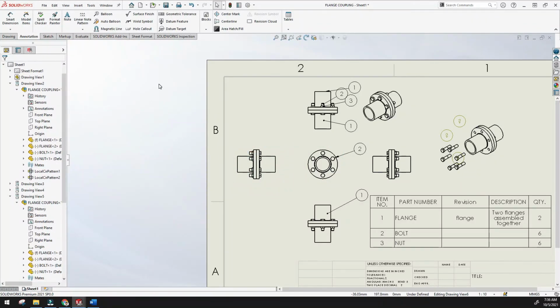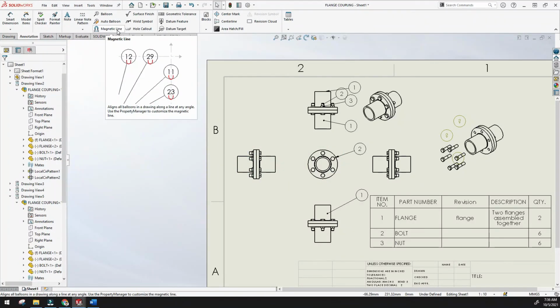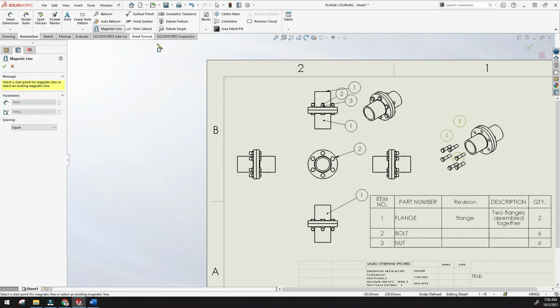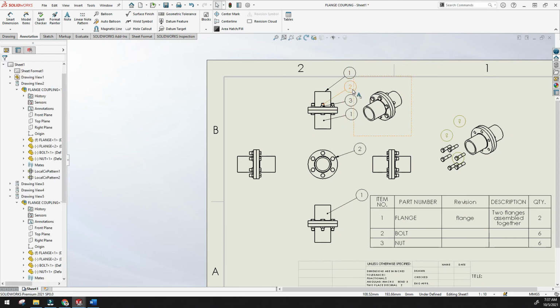The next option is magnet line. Once you click the magnet line and draw, once you keep this, all the balloons I have created will be aligned by using the magnet. Click yes, and once you make the size small or big where you can choose, it will be aligned.